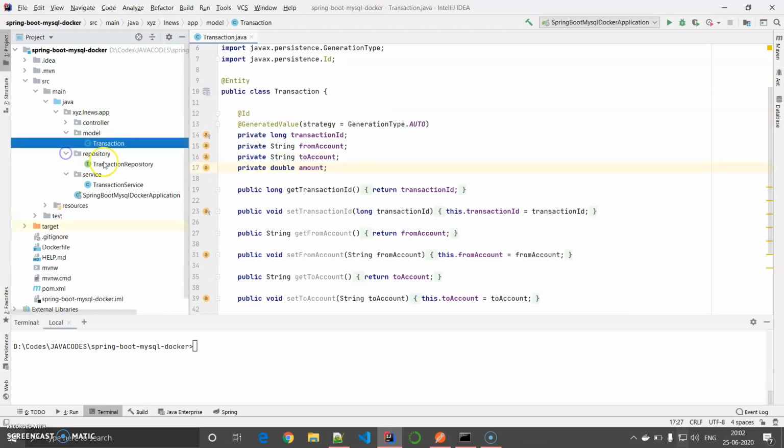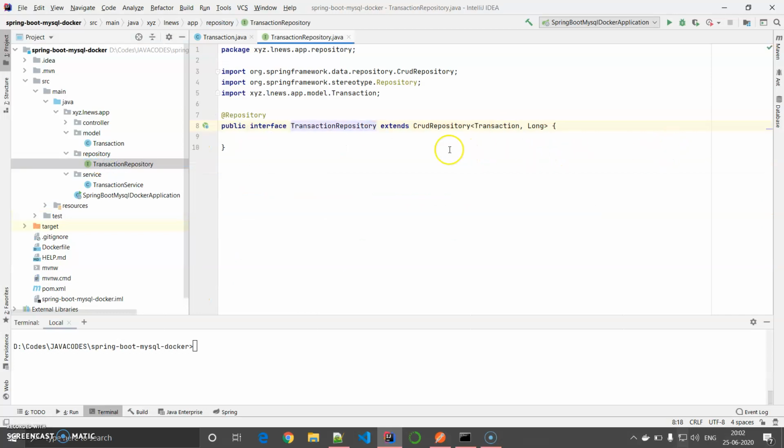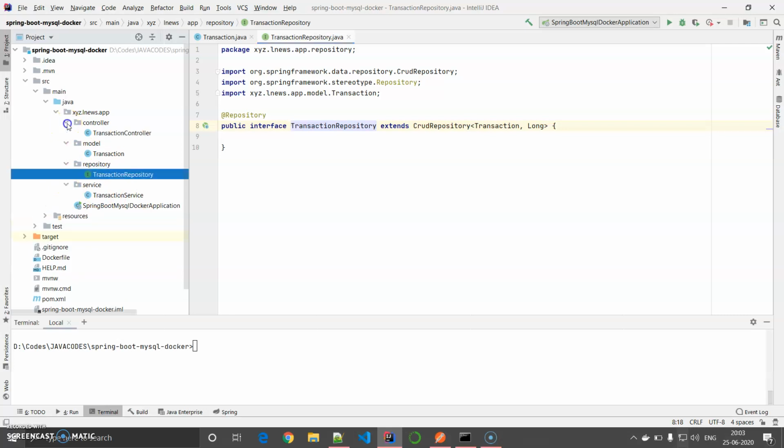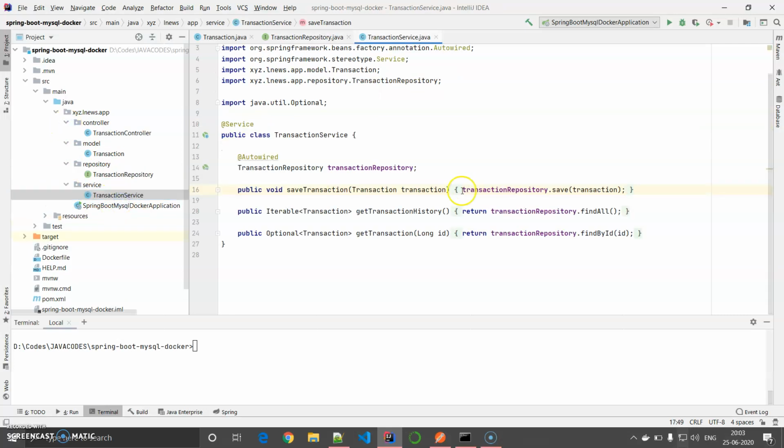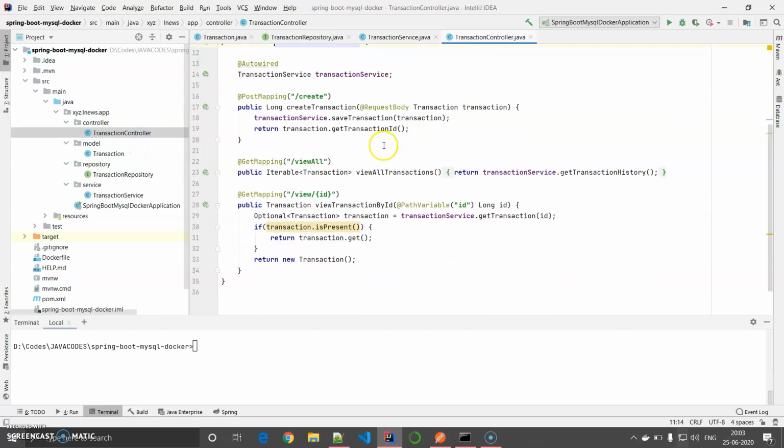Here we have a repository that is extending a CRUD repository, and a transaction service, where we are getting the transaction history, finding all the transactions, and finding by ID. We are not using all the CRUD functionalities, rather selectively using some. And here we have our controllers: one is create, view all, and view by ID.